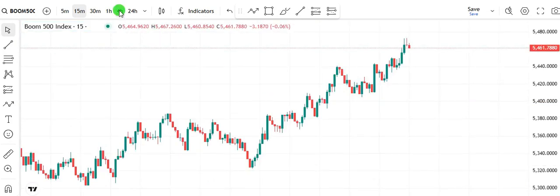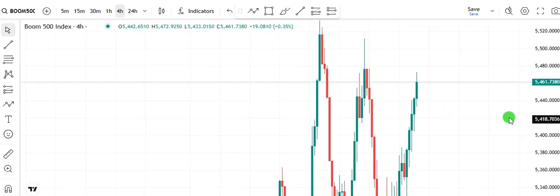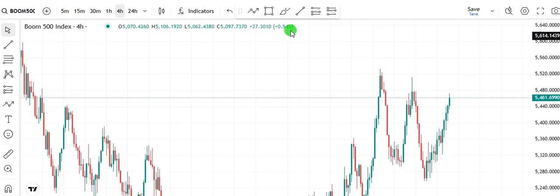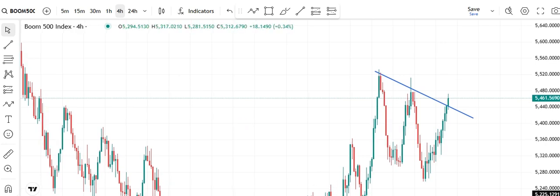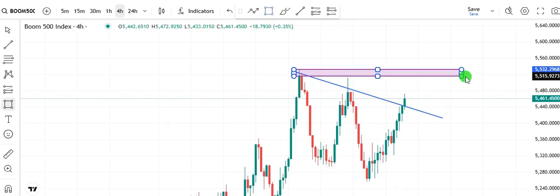Okay, going to the 4-hour chart, it's already very much bullish on the 15-minute chart, but let's go to the 4-hour chart and see where we are likely to go. Looking at this, you can see breaking above our previous mark, which is our 10 line. But then here is the external level